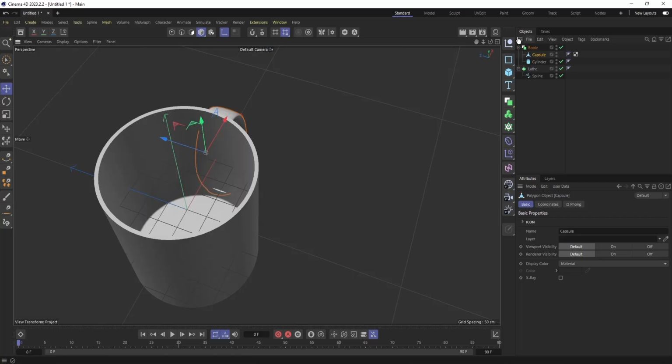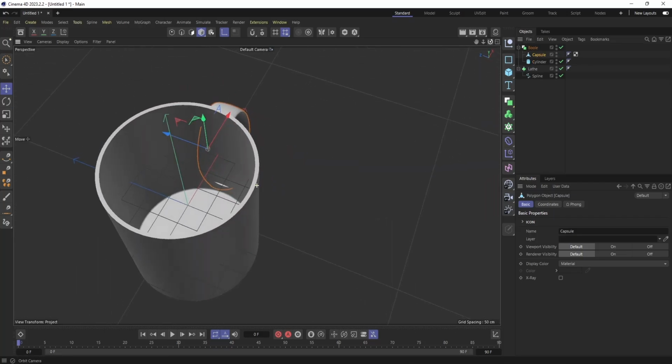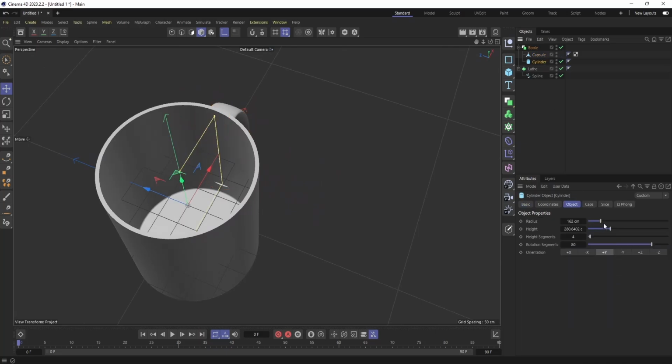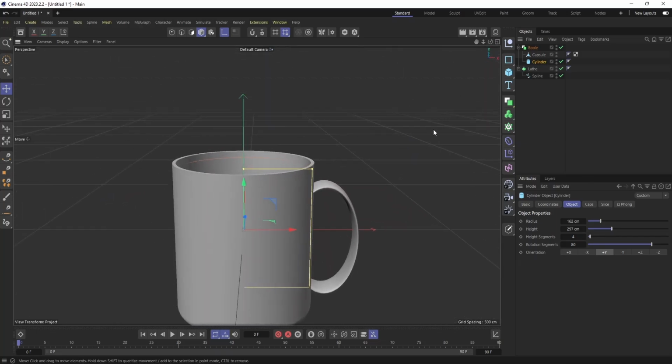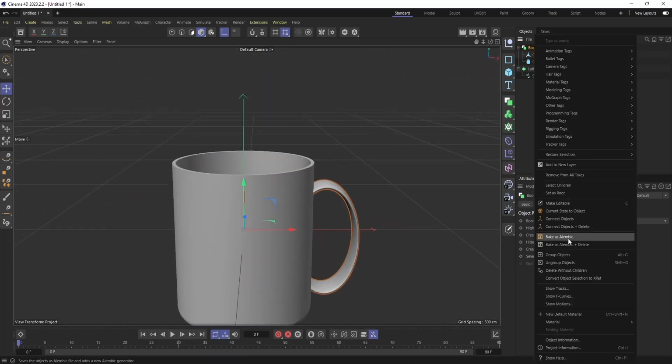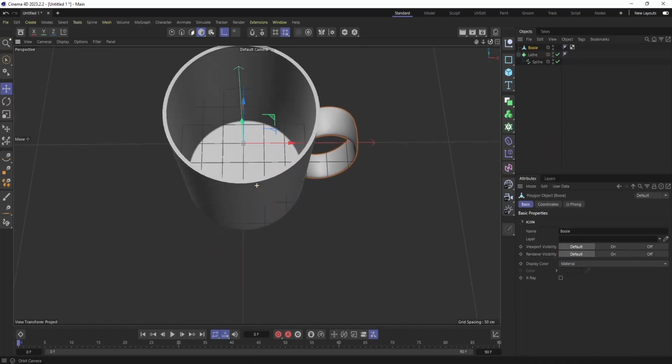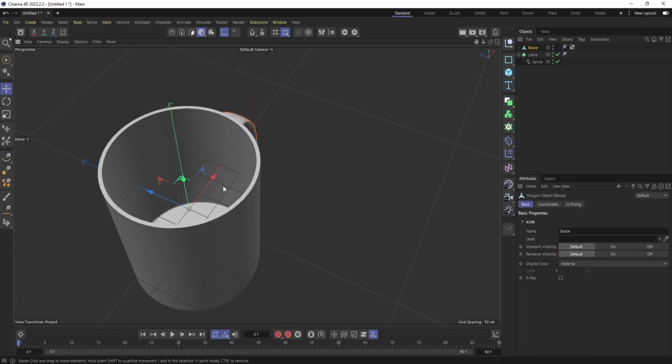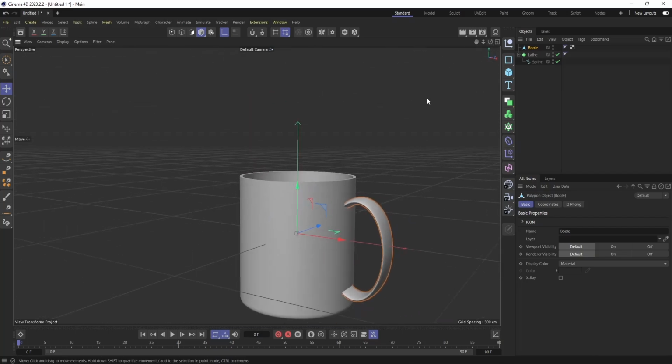The part of the mug is already cut, but the cylinder needs to be enlarged. When you're done, right click on the bool, click Connect Objects and Delete, and then you're done. That's our mug. This part of the handle is now gone. Isn't it easy